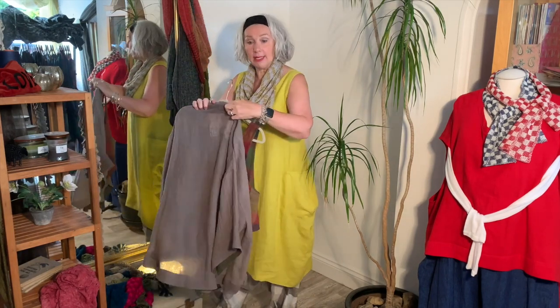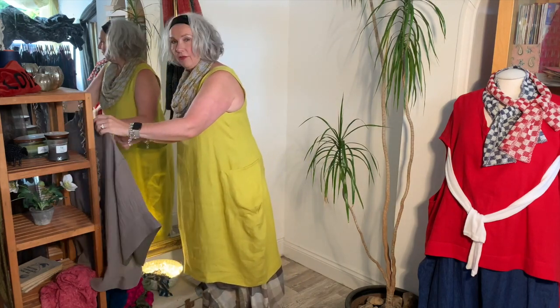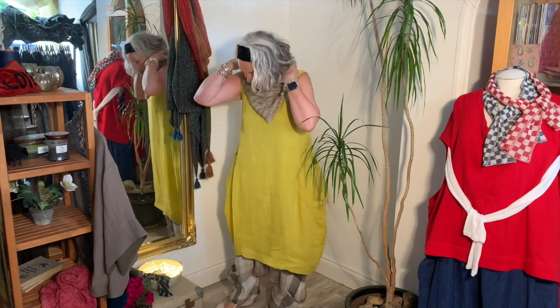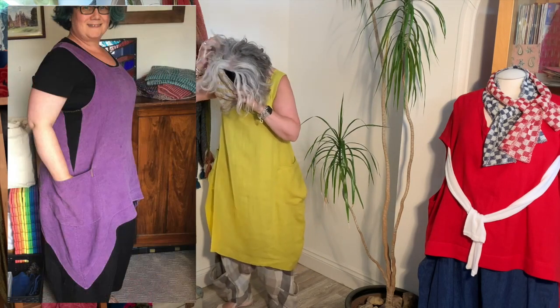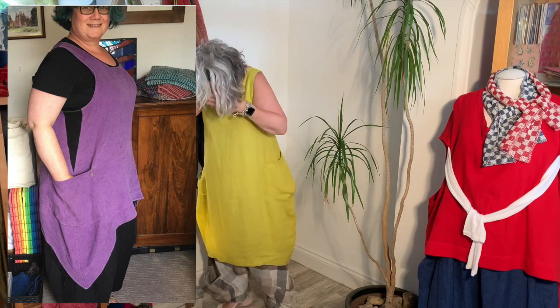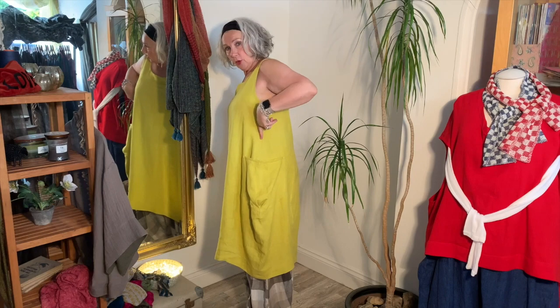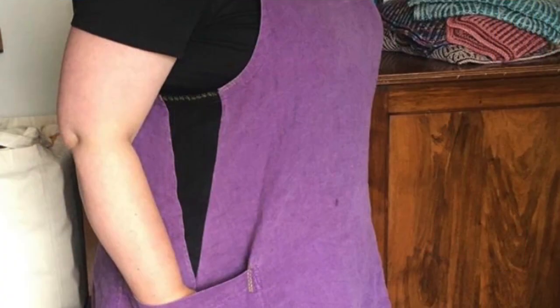We were impressed. She had a smock. If I can find the photograph, I'll actually post it here. She had a smock that didn't fit anymore because her bust had expanded. She probably had expanded all over a little bit, but it was specifically her bust that didn't fit her layer cake anymore. And what she did was she opened the side seam from the top until about an inch or